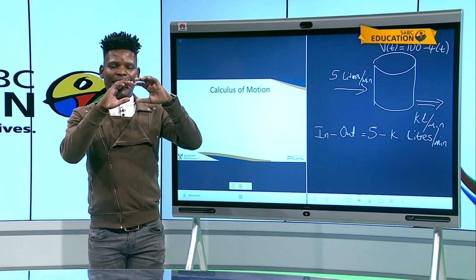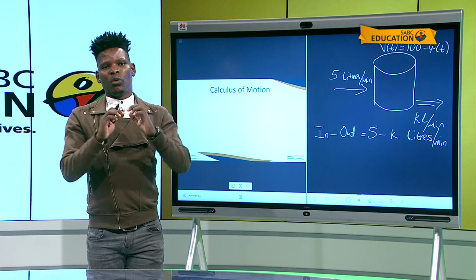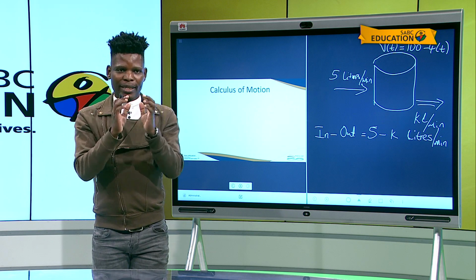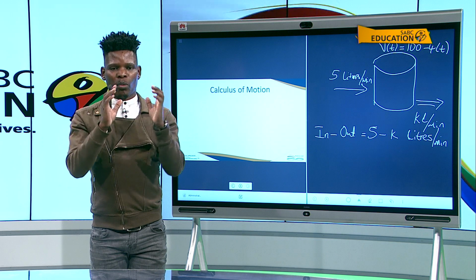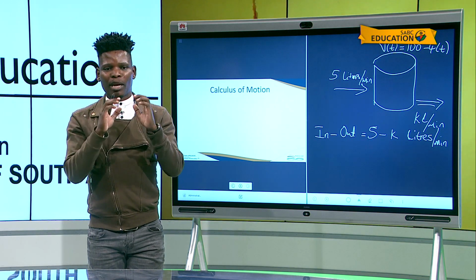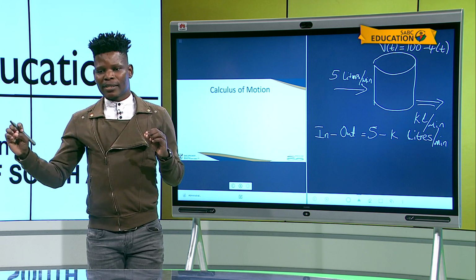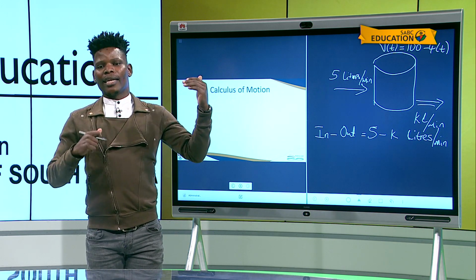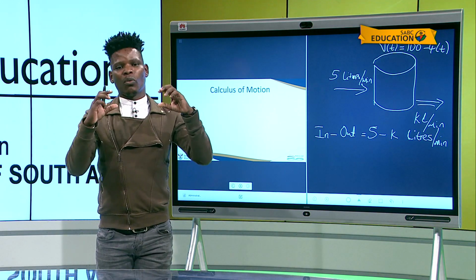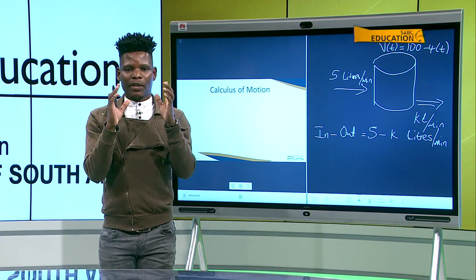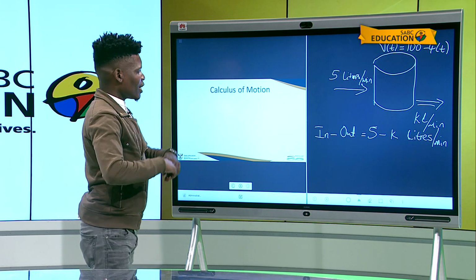That is what explains why we saw earlier, looking at the rate of the volume of the water in the tank, that the volume of the water in the tank is decreasing by 4 liters per minute. That is because you are having 5 liters entering the tank, and at the same time there is 9 liters leaving the tank. So the volume will be decreasing every minute by 4 liters. All right, so now that is